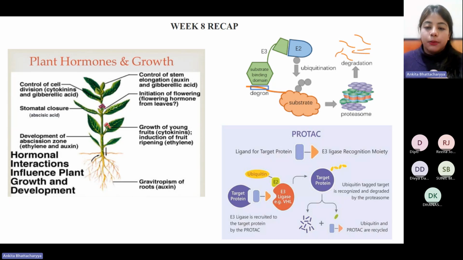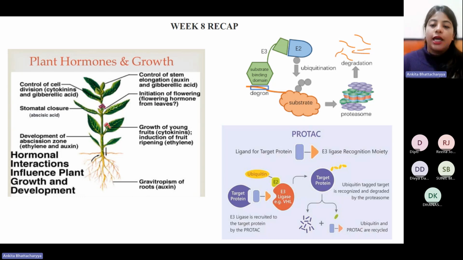So what exactly happens? Suppose we find one particular protein which is directly linked to a certain type of cancer. Say, for example, for breast cancer, the overexpression or the high expression of one particular gene is identified to be the reason why breast cancer patients are progressing so fast. And therefore, as a cancer research scientist and as a pharmaceutical company, I would like to prepare and then deliver one particular drug that is able to degrade that protein, say protein X.